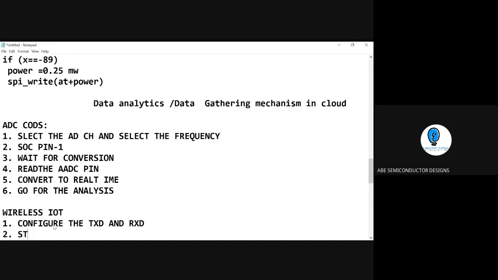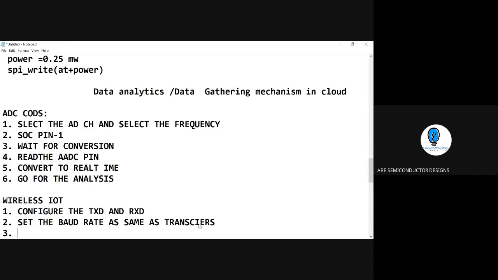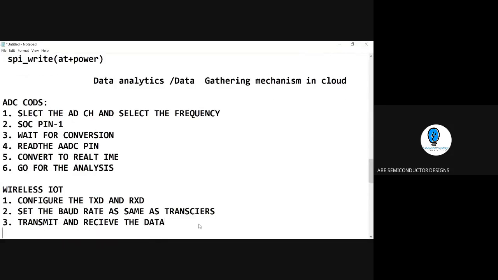This is most important, what I told in the previous session about UART: speed has to match with logic. So set the baud rate the same as your transceivers. And the third thing is to transmit and receive the data.